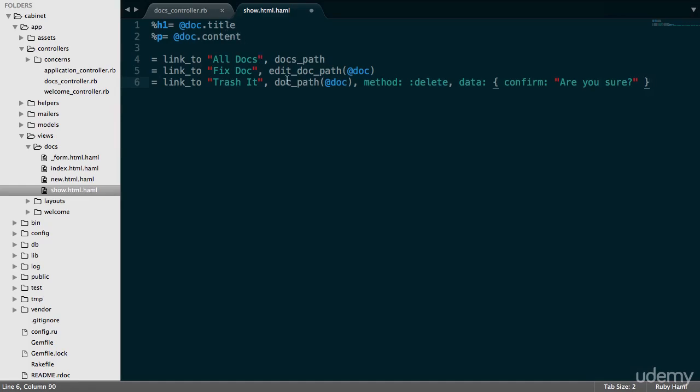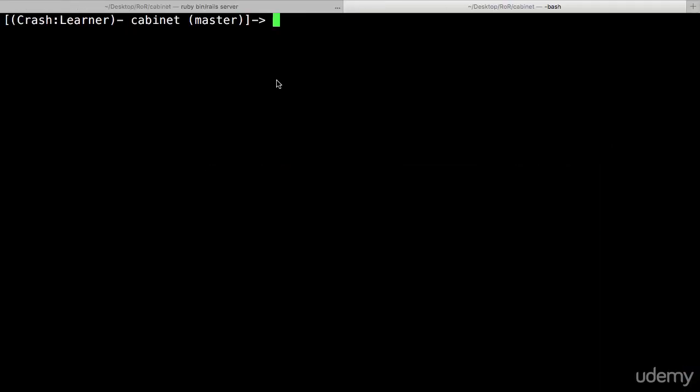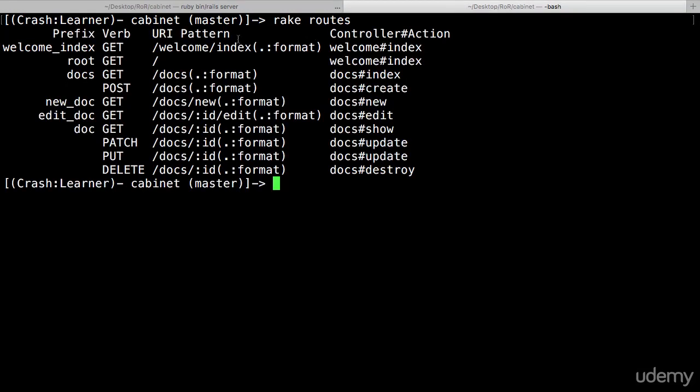And by the way, if you're wondering where we're getting all these paths from, these paths are coming from the rake routes. So if we save this, I can show you, if we go to our terminal and type in rake routes, these are all the routes that have been created for the application. There's one for editing our document, creating a new document, showing the document, and things of that nature. It lists them all out. And you can also see the HTTP requests for those applications as well. So here are all the routes for new, edit, doc,